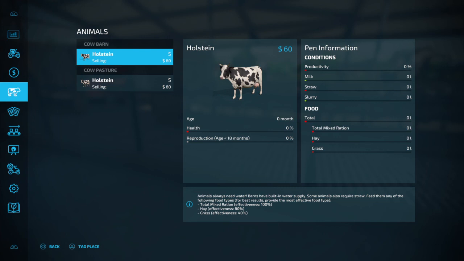milk, slurry. They will produce slurry. It doesn't say about manure, so I don't know if you can get manure from these cows. But they will produce your milk, and they will produce your slurry if you feed them. And you don't need to give them water because they're